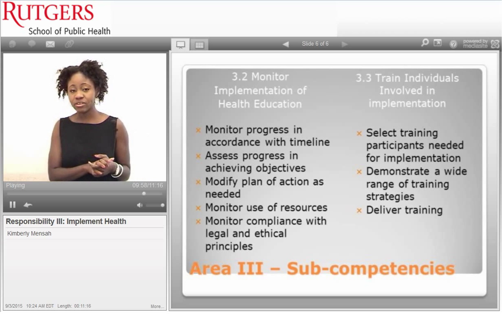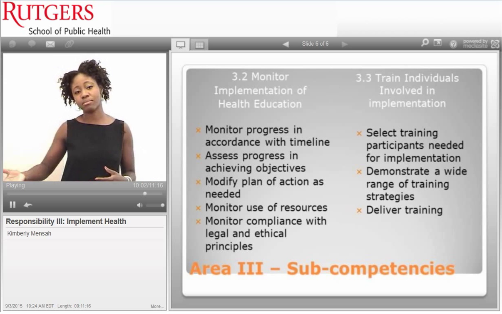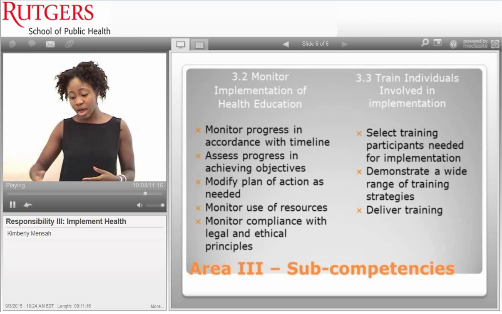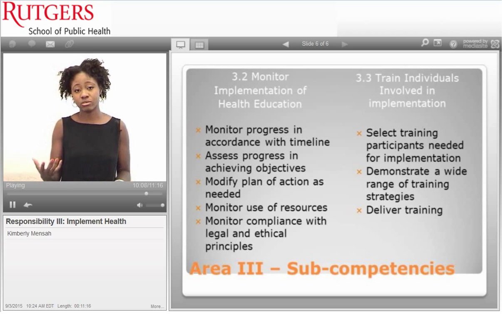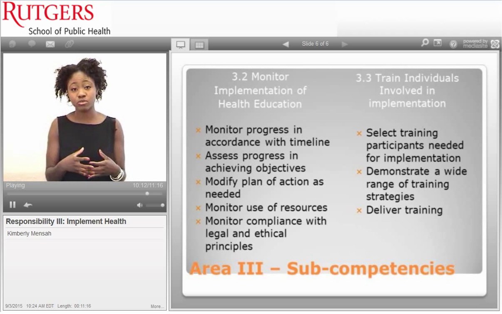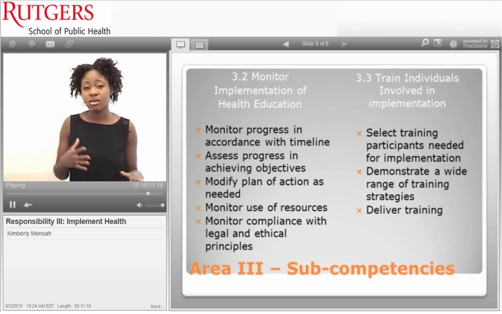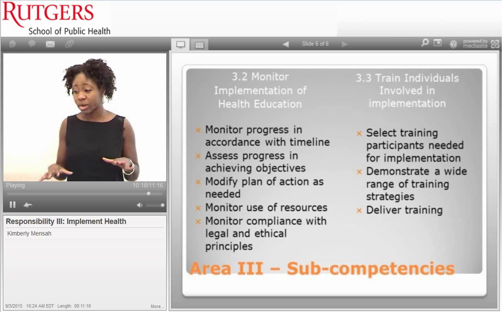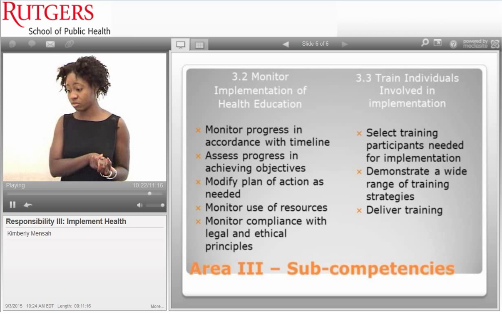And then delivering to professionals might be a little different from delivering to your target population. Is it one-on-one? Does the professional or educator you're trying to train prefer a one-on-one kind of training, or a small group training, a seminar, an on-the-job kind of training? So this is also very important to consider in 3.3, which is training. So just to wrap up,